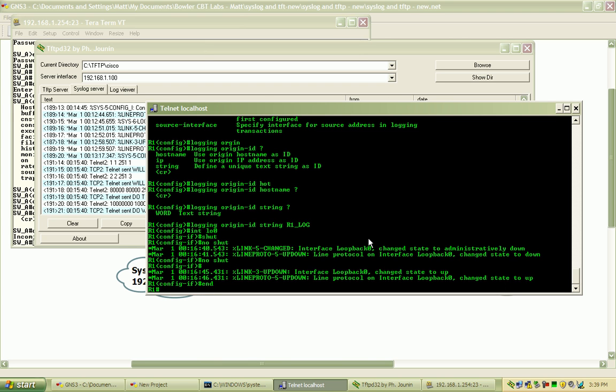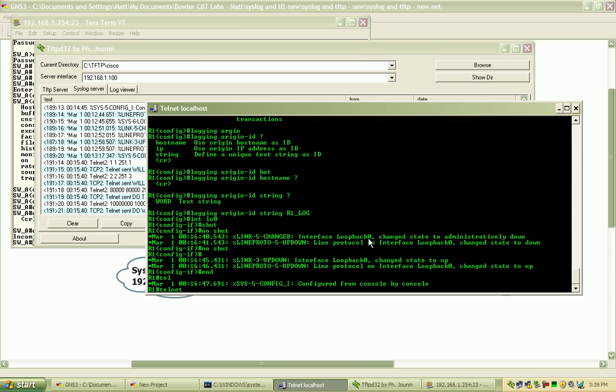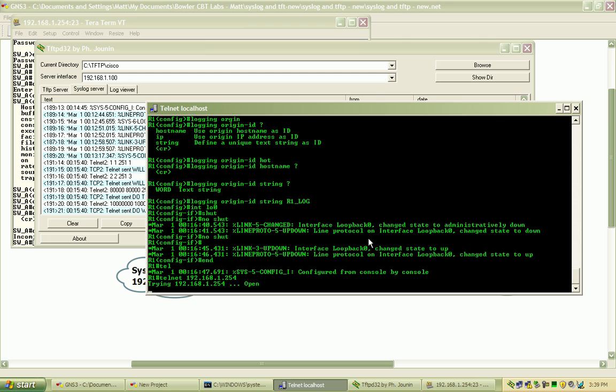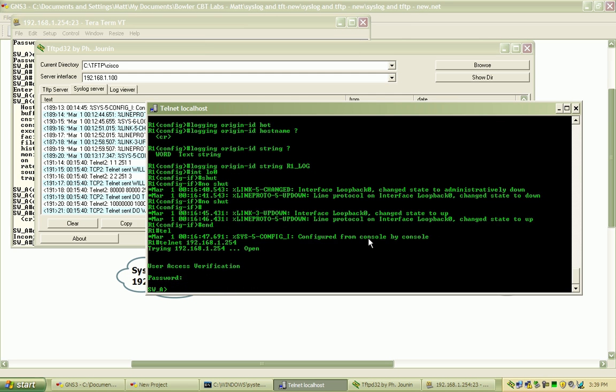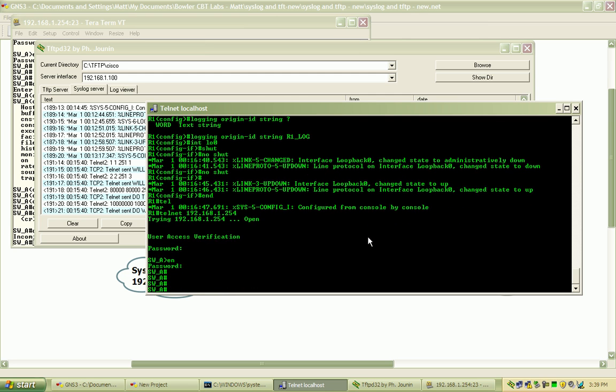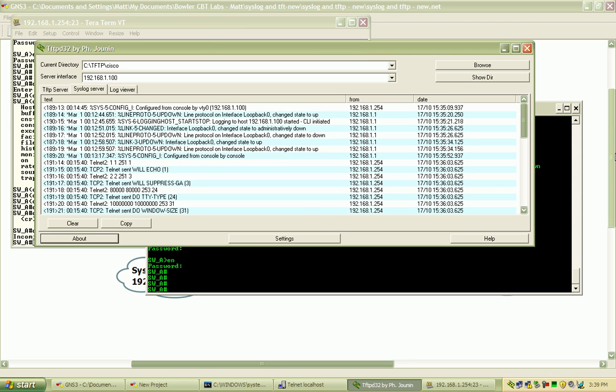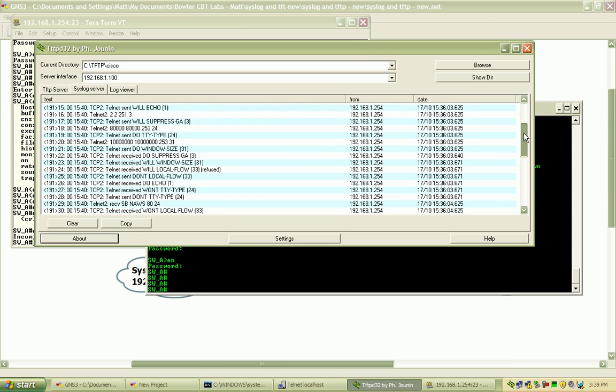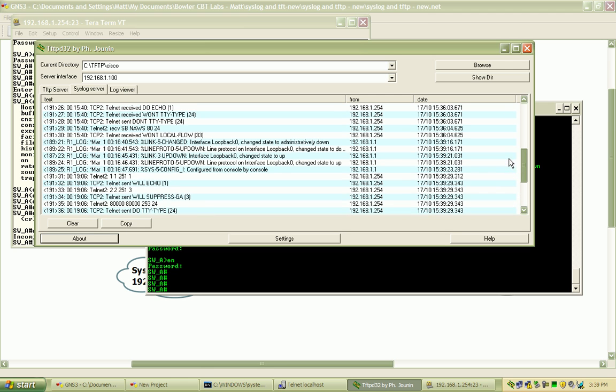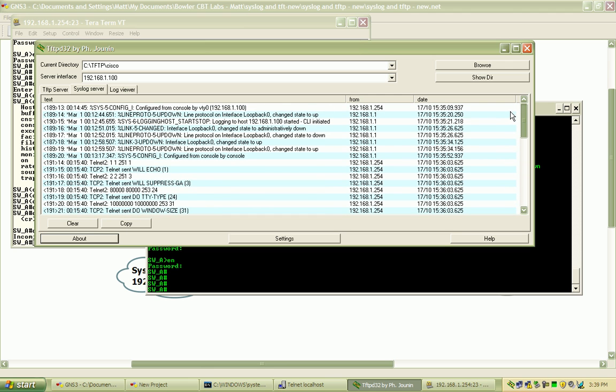And I'm going to back out and telnet back into the switch to generate some more messages here. Okay, I'm going to go back to the log, scroll all the way down to the bottom since those are the most recent, and we can see right here, just compare